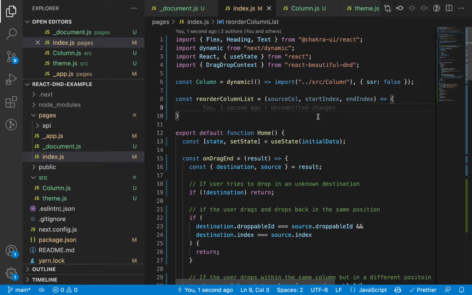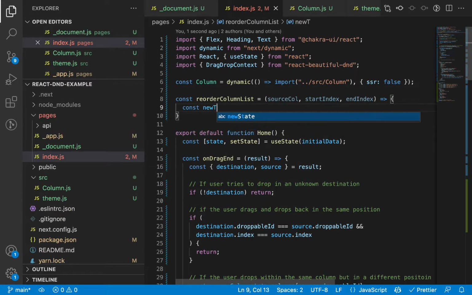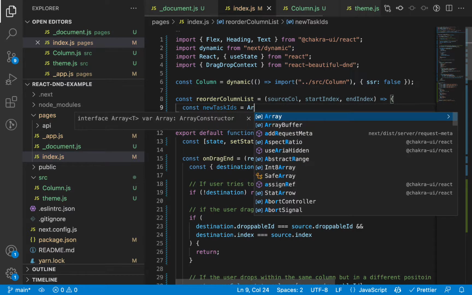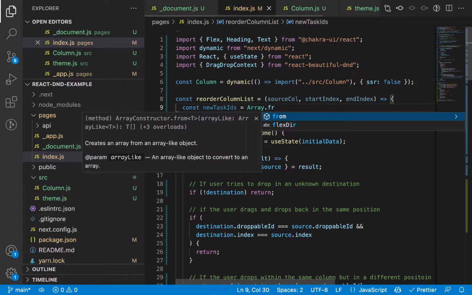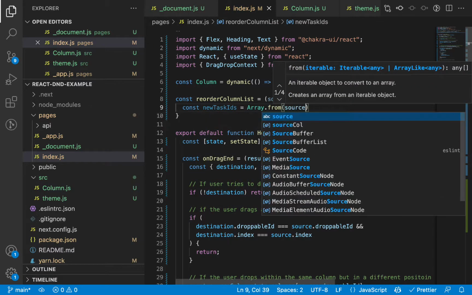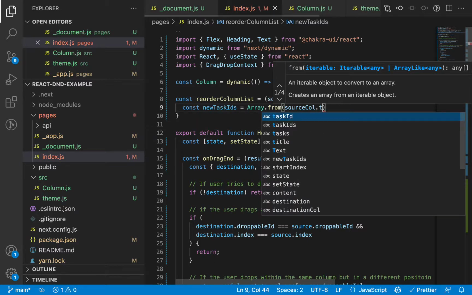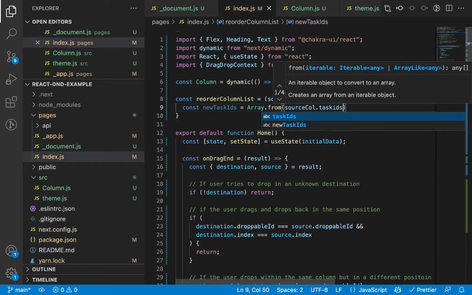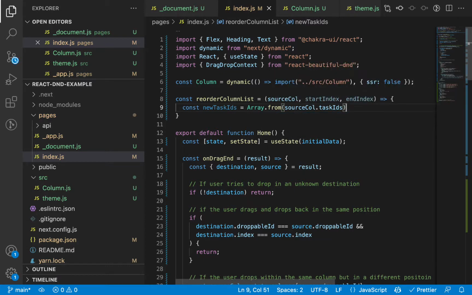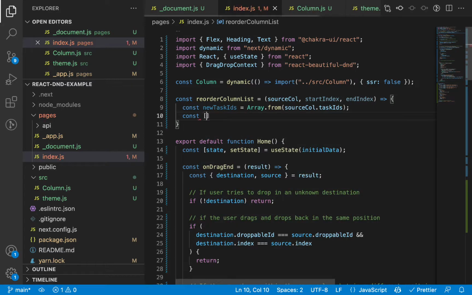We need to get the list of all the tasks, so we're going to create a new task IDs list from the source column's task IDs. And then we're going to remove,